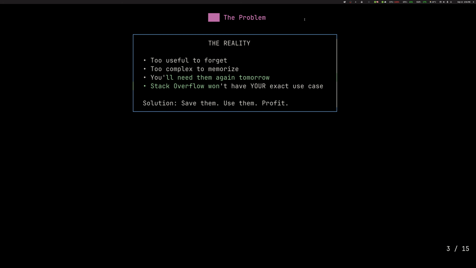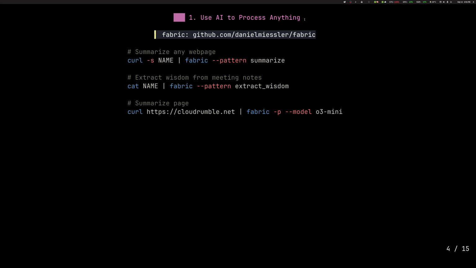So that's where those one-liners come into play, and once you have a collection of those, you want to store them somewhere and be able to quickly execute them and find. And that's where command line snippet managers come into play. So the first category is